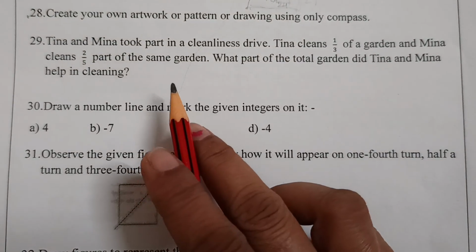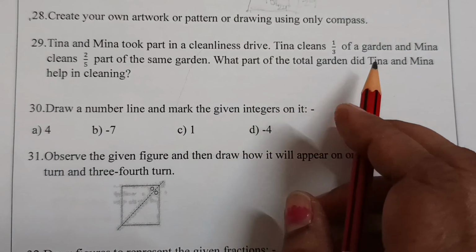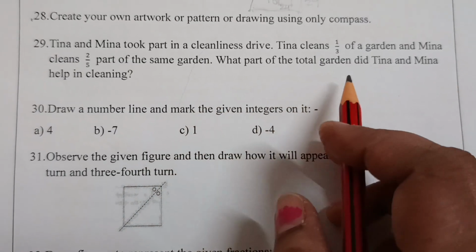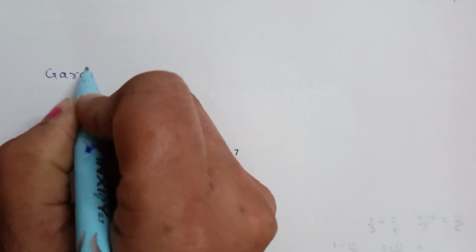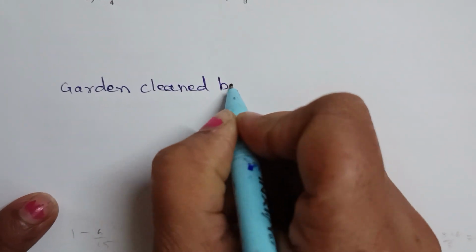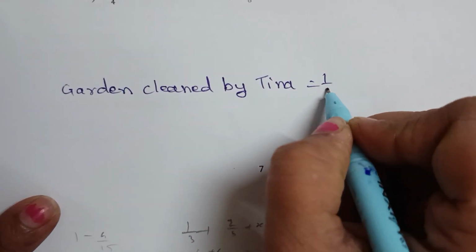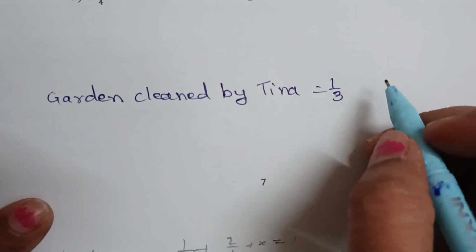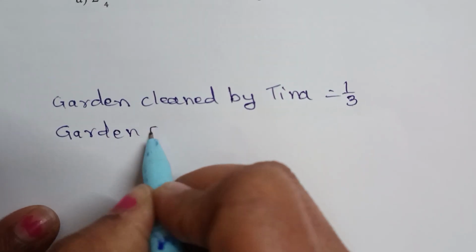Question number 29. Tina and Meena took part in a cleanliness drive. Tina cleans one third of the garden and Meena cleans two-fifths part of the same garden. What part of the total garden will Tina and Meena help in cleaning? Garden cleaned by Tina is equal to 1 upon 3, and the part of the garden cleaned